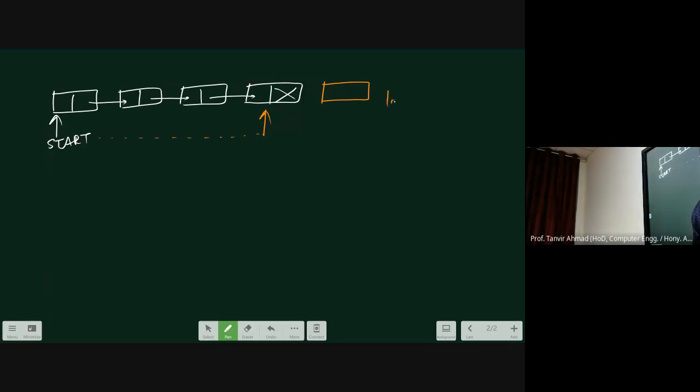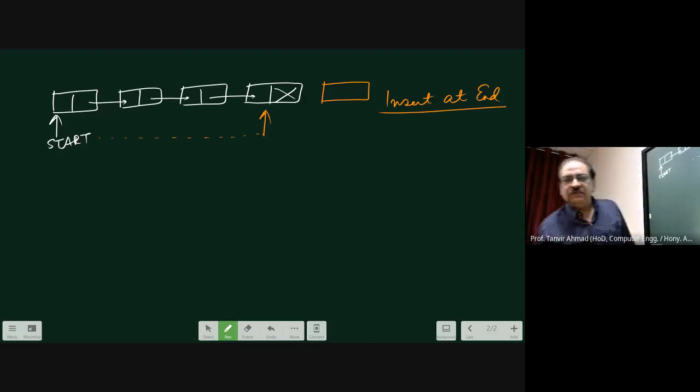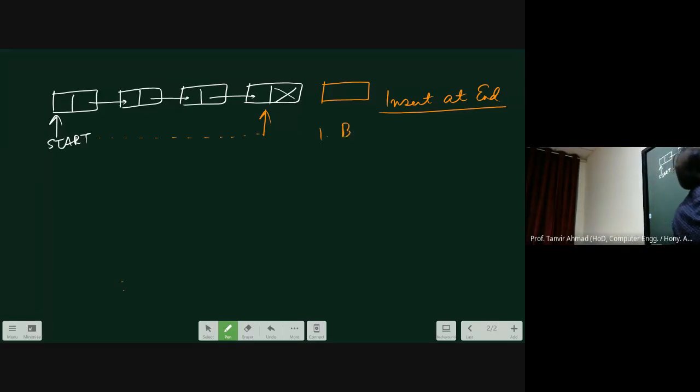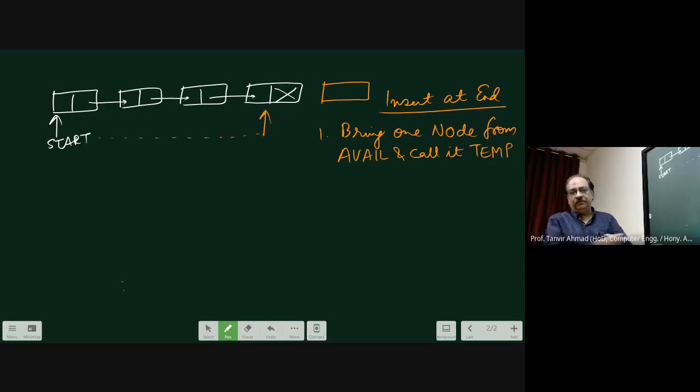Insert, add, in. Now the previous one was for the case where you had only one node, but here you are having a number of nodes. Now what you are going to do is that again you write the same thing, bring one node from array and call it temp.